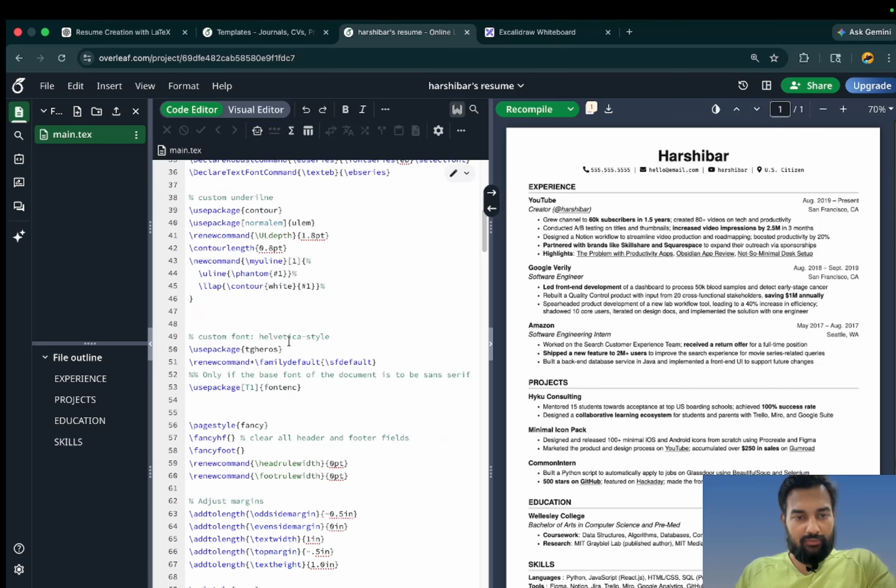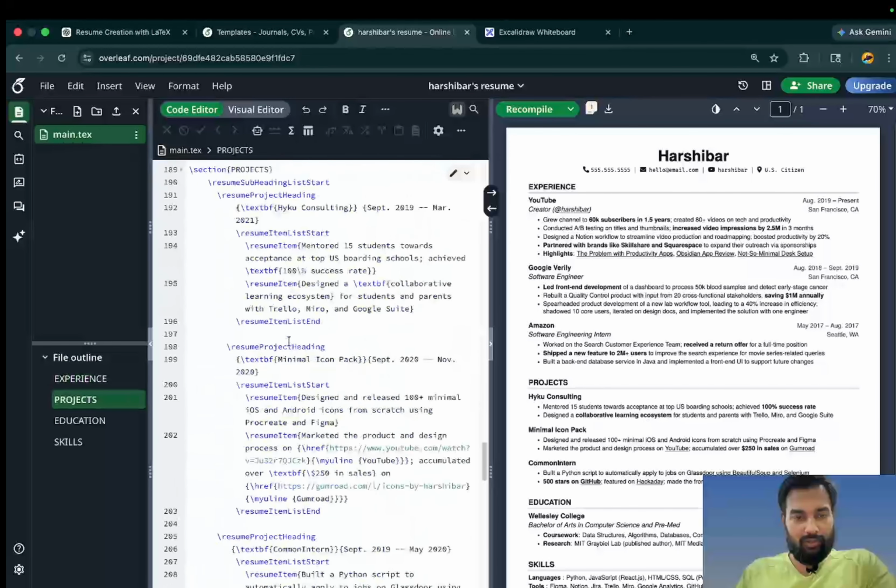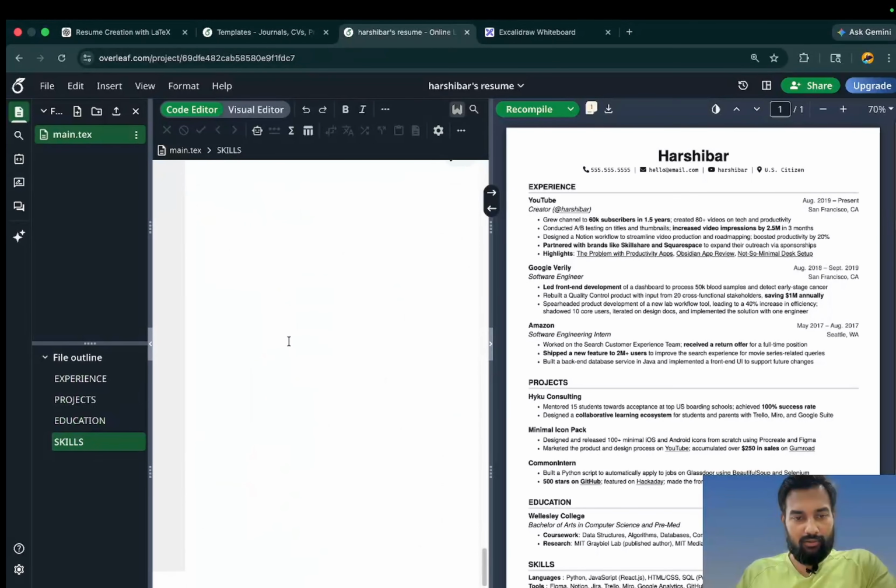So we have this LaTeX format code here, and we have the compiled version here. We can just easily download this from here, download PDF. So now we have this LaTeX format. We have our own resume in PDF or Word. Now what we need